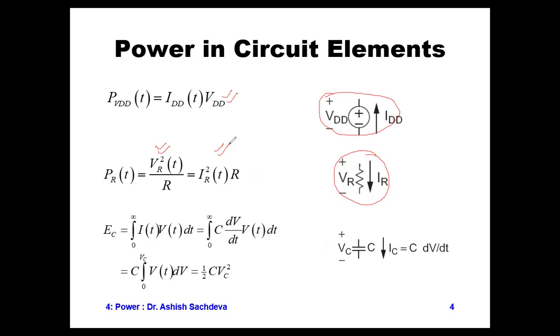Then this is the energy of a capacitor. Remember, this is not just a capacitor, this is MOS as a capacitor. So what is the formula? It is integration from 0 to infinity of current into voltage. This is the formula for calculating the energy, integrating from 0 to T, here for infinite time. So current I is C dV by dt, right? So it has put that, and then V dt into dt, and then